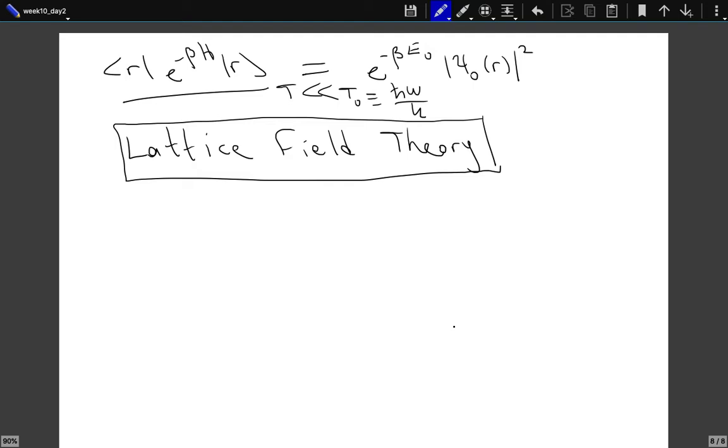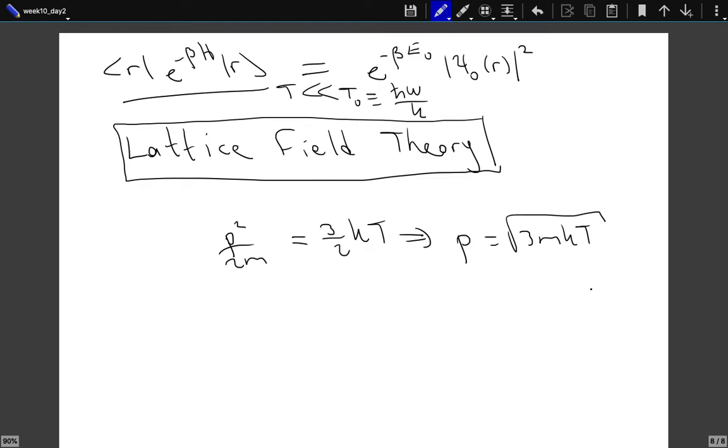If it's an ideal gas, it's typically 3 over... No, even if it's not an ideal gas, the kinetic energy is always 3 over 2 kT. So this is the average kinetic energy, which is p squared over 2m. You can fit that with h omega and reduce the frequency or the wavelength. p is equal to the square root of 3m kT, and the corresponding de Broglie wavelength